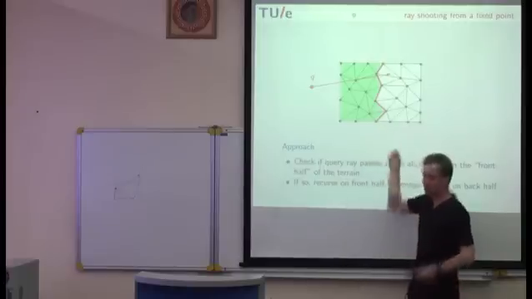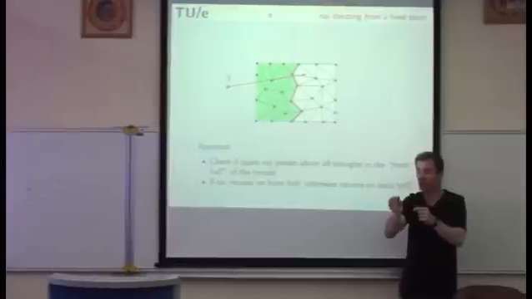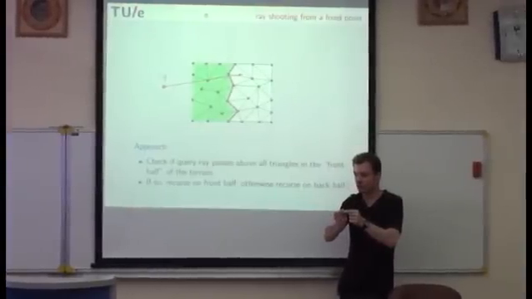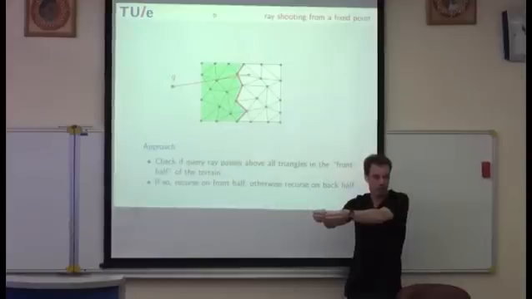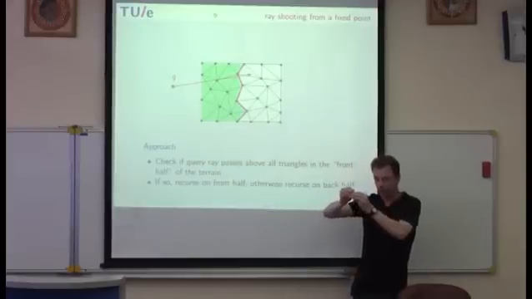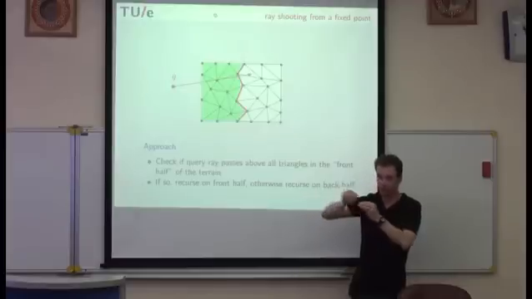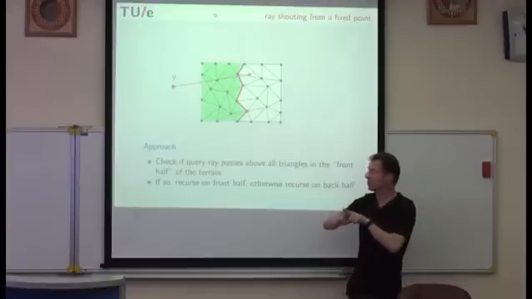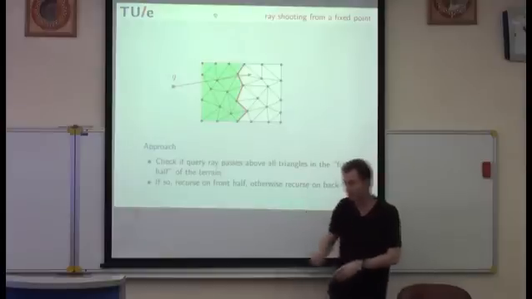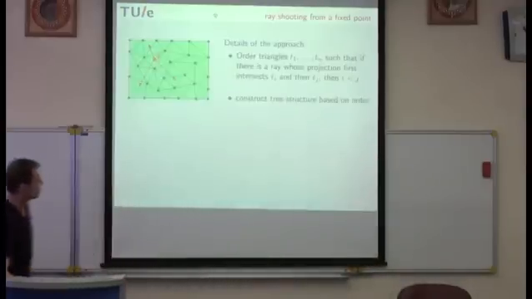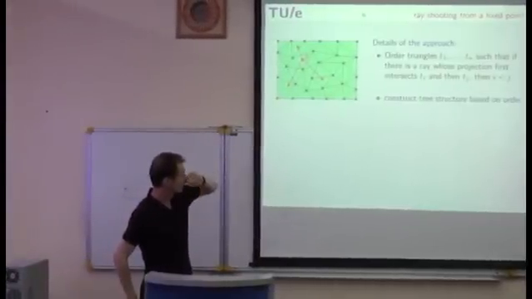So essentially, if we're going to do a binary search, we want to end up with one triangle, because that's in the end the triangle that we're going to hit. So what I need is to order my triangles where the ordering is consistent with the order in which the ray could hit them. That's what I have on this next slide. So I want to order my triangles, T1 to Tn,